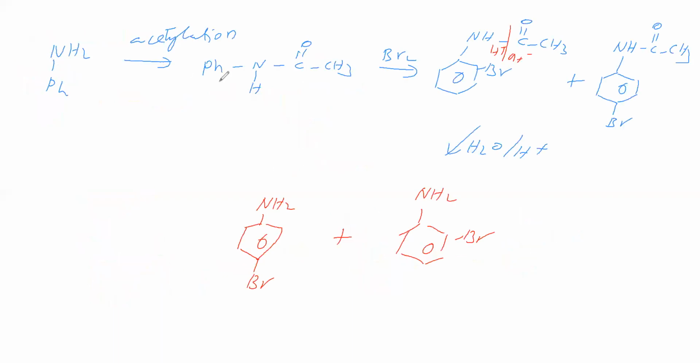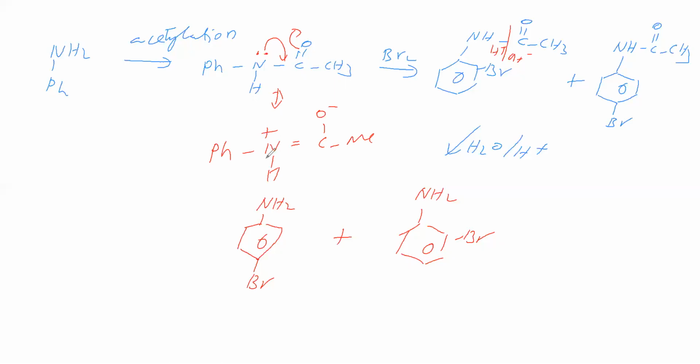Now in this case, aniline is taken for acetylation. In this acetylation, this group is undergoing resonance. The resonance is like this. Here double bond, here O minus, here CH3, N is having positive charge. Because of the positive charge, its activating tendency on the phenyl group is reduced. Therefore, it is going for monobromination but not tribromination.